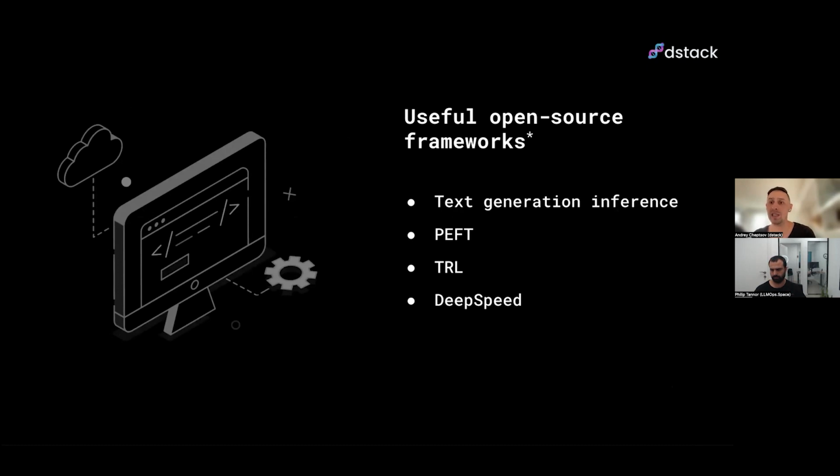First one on this list is text generation inference. It's a toolkit by Hugging Face, which is offered in the form of a Docker image, and you can give it the name of an LLM from the Hugging Face repository and add some configurations, and you can serve this LLM using this Docker image pretty flexibly in any place. So this is the most convenient way of serving LLMs in any environment, I would say. It supports all kinds of optimizations.